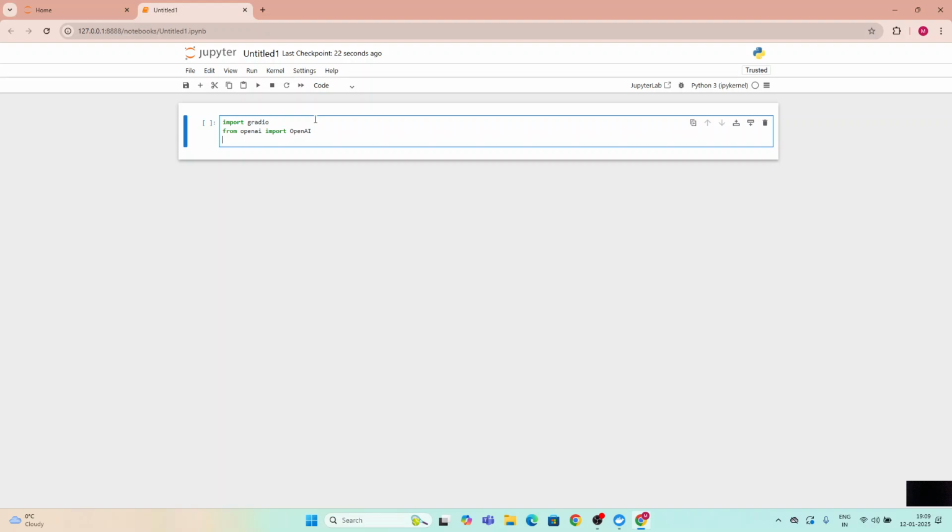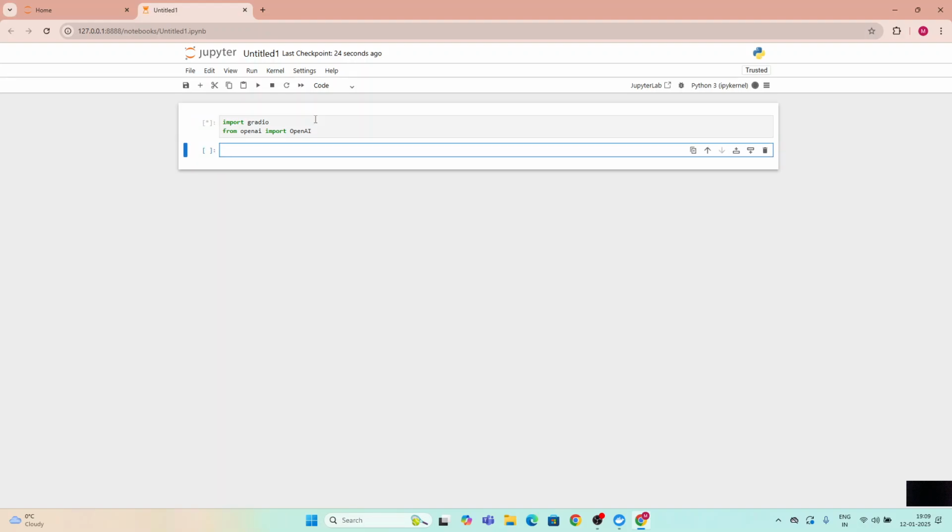Let us import the aforementioned packages. One is import Gradio, second is from OpenAI import OpenAI. So those two packages we have to import. Next is we have to create an OpenAI instance. So for that, let's do client equal to OpenAI,